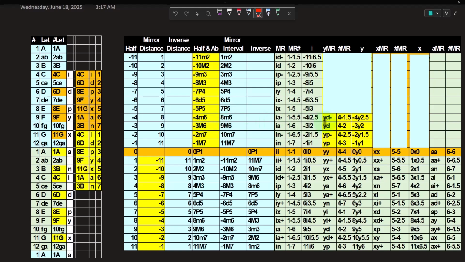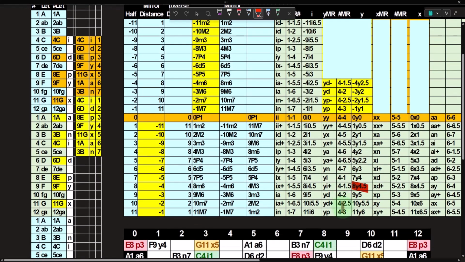But I'd rather call it a YD negative modal range, a 4 to a 1.5 modal range, which would be a -4 notes back from the Lydian mode, a -2.5 modal half steps back. Because then if I go forward, I know that that's simply going to be an 8 note away from the Lydian mode, 4.5